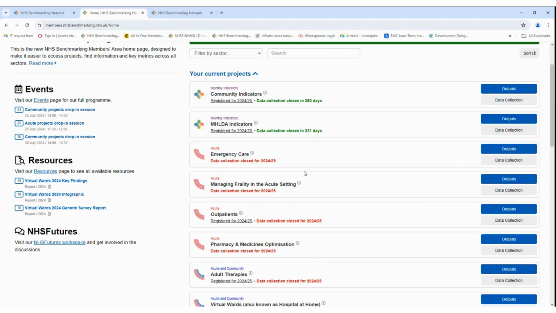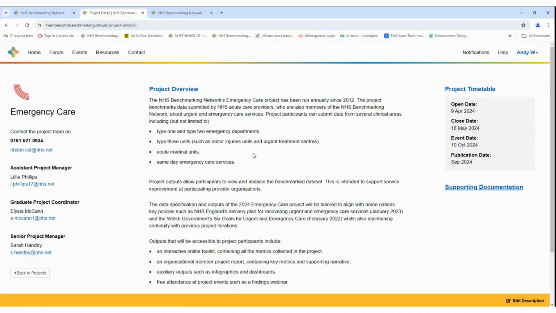So if we're to use the example of emergency care, you'll see here that this data collection is currently closed, and any of those which are closed will be highlighted in red. And as you can see from the above, the ones which will remain open will be highlighted in green. If you click onto the eye icon next to the project name,